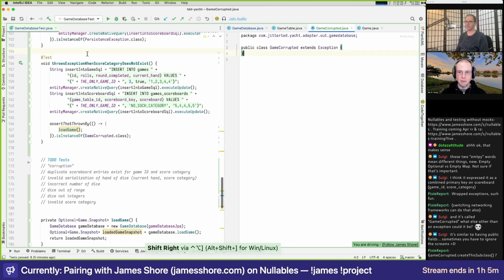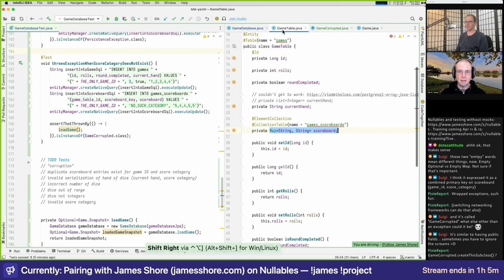So let me flip this over here. Let's start here, and then if we need more, we'll add it. So what are we saying here? Throws exception when score category. So we got no such. Okay, so this is certainly not going to throw an exception, or at least not this type of exception. What is it actually going to do?